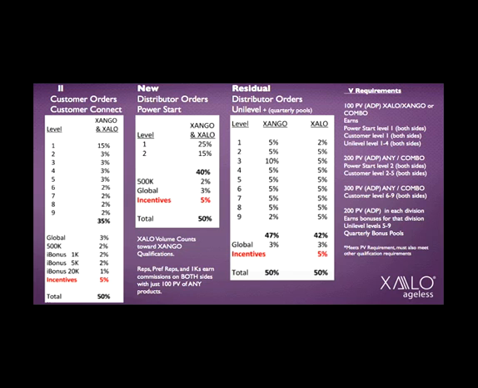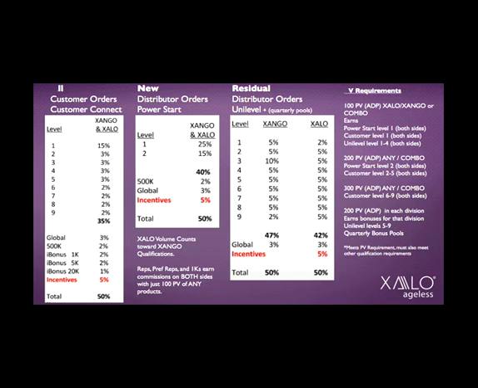And there's a pool, 2% of all the customer orders in the world go into this pool where all the 1Ks who have at least 1,000 points in I volume get to share. It's amazing that they have a worldwide global bonus pool at the 1K position. 5Ks share in a bonus pool as well. 2% of all the customers' orders in the world go into a pool that the 5Ks can share in, and then there's a 20K iBonus pool.